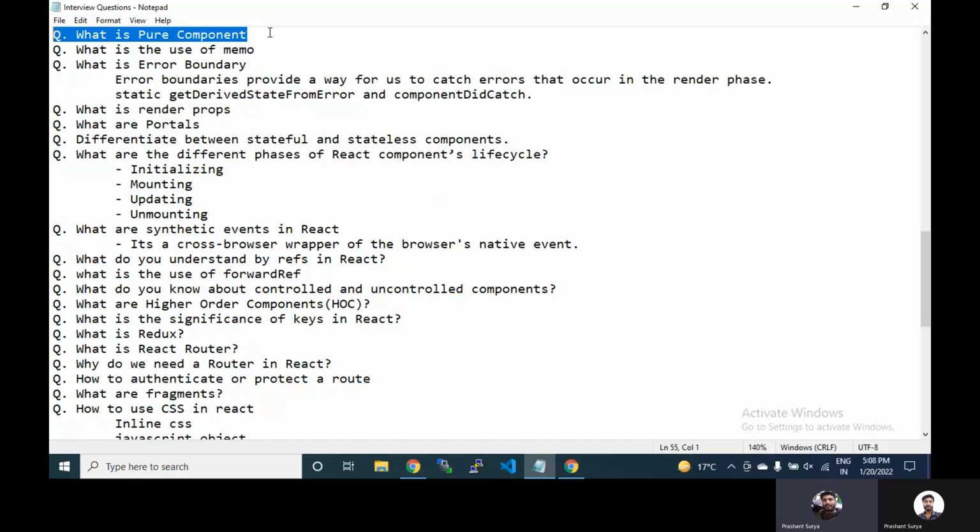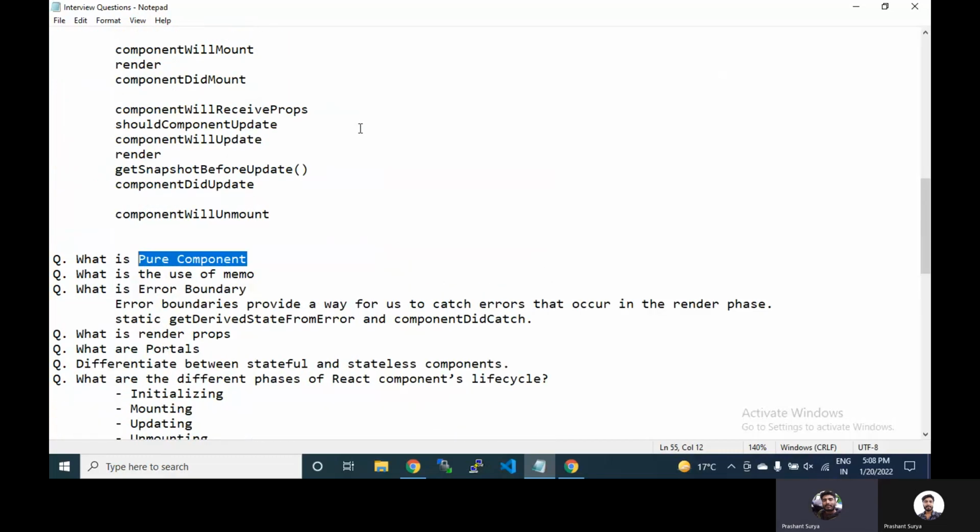Now regarding pure components in class components, you have the inbuilt React.PureComponent. When you use this, the hook shouldComponentUpdate will by default be false in the pure component case.